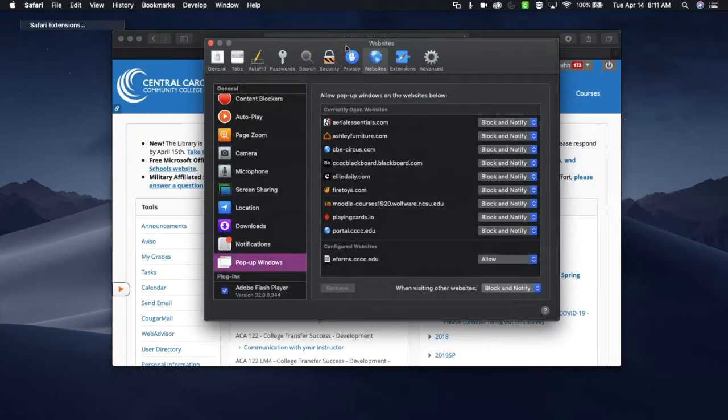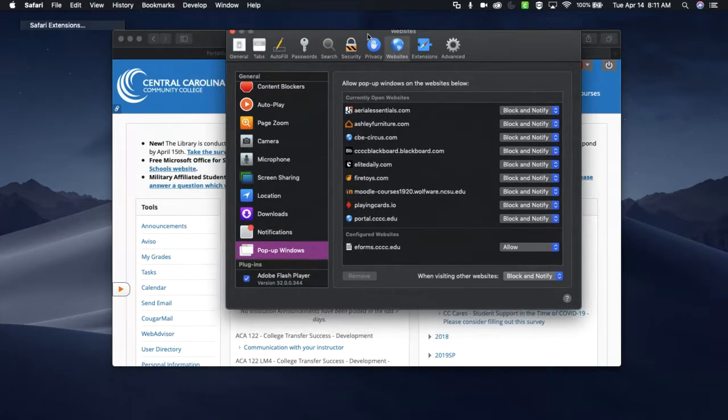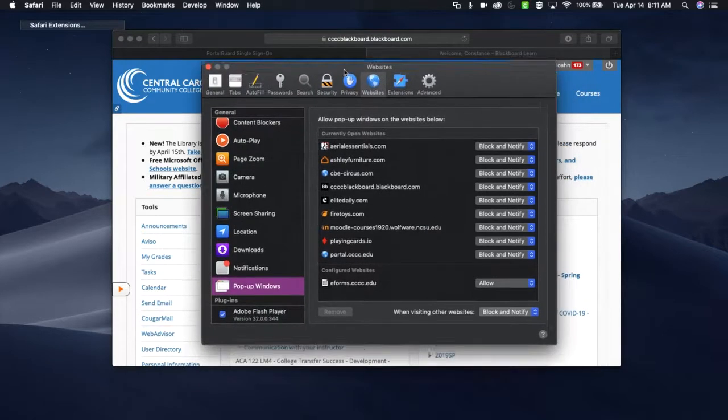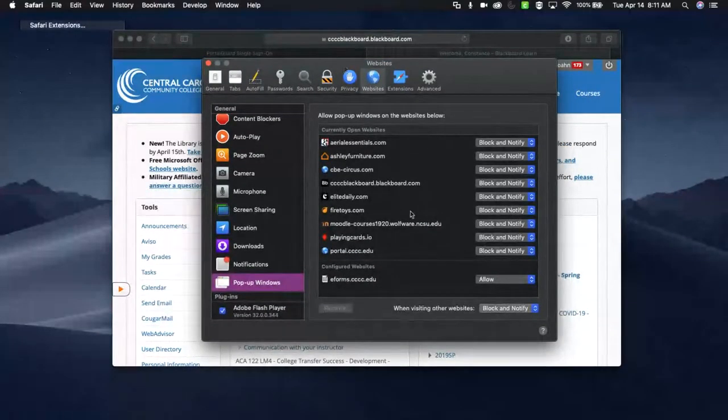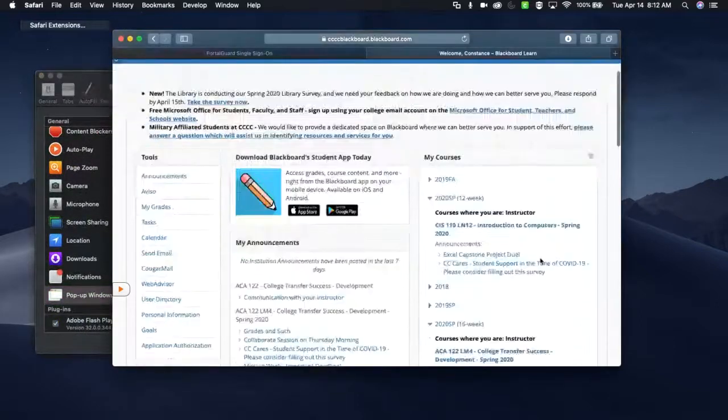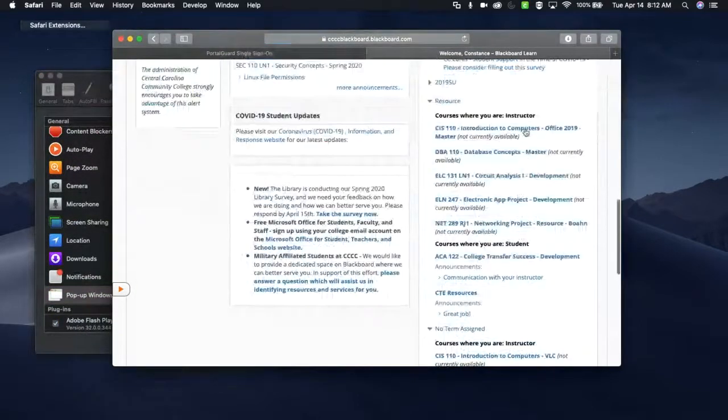to websites. And something to note is that you actually need to have Blackboard or Cengage open at the time in order to do this, and you may still get notifications. So for right now, I'm going to leave this as blocked because I want to show you what that looks like, because I think it's more likely that you're going to get that notification than to be able to set it off in here. So we're going to leave this for a second, and I'm just going to navigate into